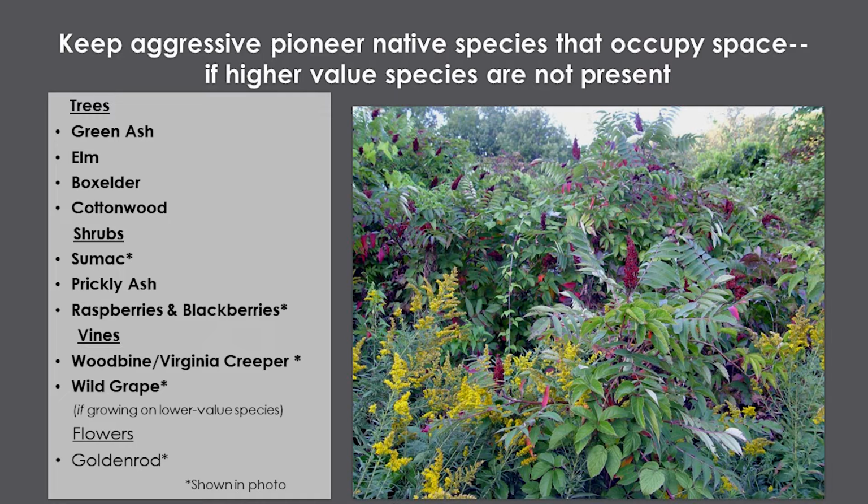Box elder, cottonwood, box elder. People love to hate box elder, but it has ecosystem functions. It definitely does. It's good for pollinators. And if you live in Nebraska or Wyoming and there aren't any trees, a box elder is not a bad plant, not a bad tree. Anyway, so now we're going to talk about the vines. These are the two most common vines we have in our woodlands, and people just love to rip out all the vines. So we're going to talk about those next.